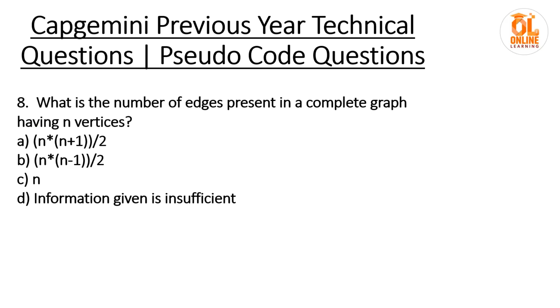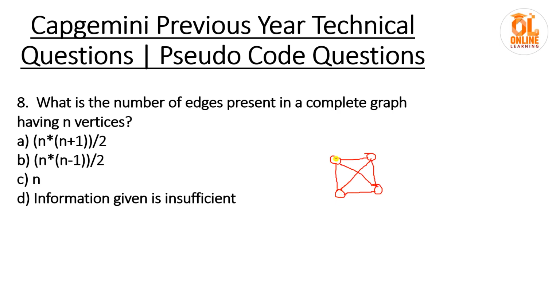And the next question. What is the number of edges present in a complete graph having n vertices? Okay. Those of you who don't know about complete graph, if we take this as an example of a graph, complete graph means a node is connected to all other nodes. That is called a complete graph. Suppose this node is connected to this node, and this node is also connected to the third node. So this node is connected to all, and even this node is connected to this, and coming to this node, this is connected with this, and one more edge.